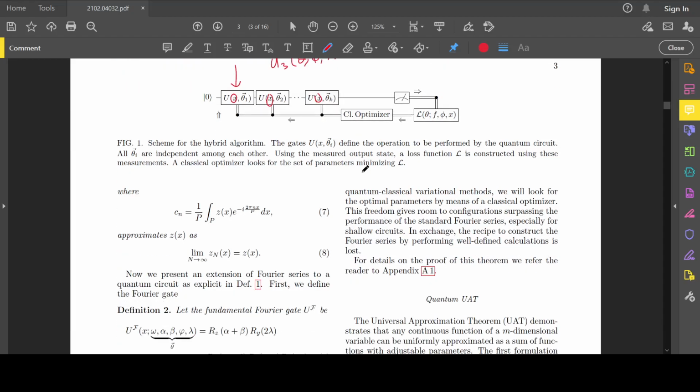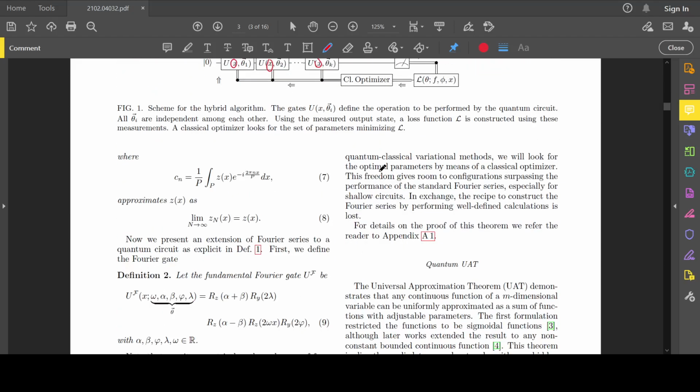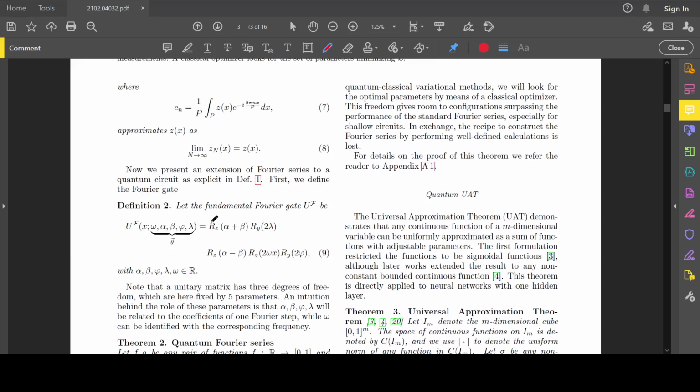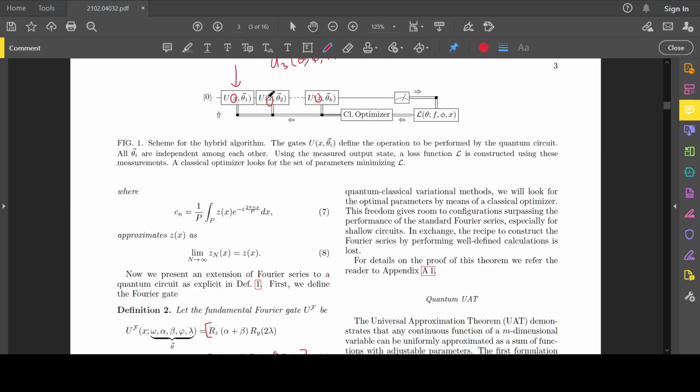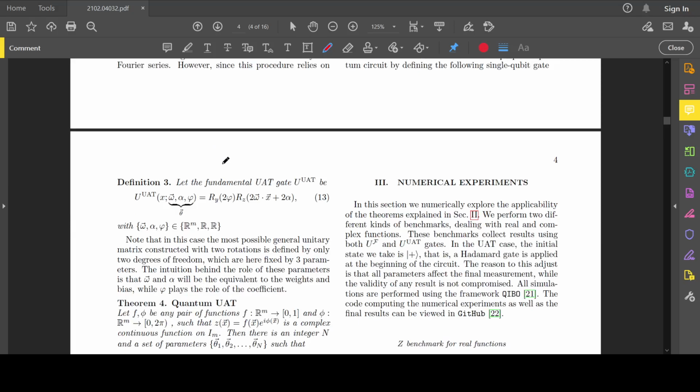But here, due to their proofs, they introduced some different techniques. So for the Fourier gate, it's this setup right here, which has in actuality 5 distinct single qubit gates, RZ, RY, RZ, RZ, RY, and here is the input data. And so you can see there's 5 different weights associated with each of these unitaries, and then for the other type, the UAT, there's 2 gates, and there's 3